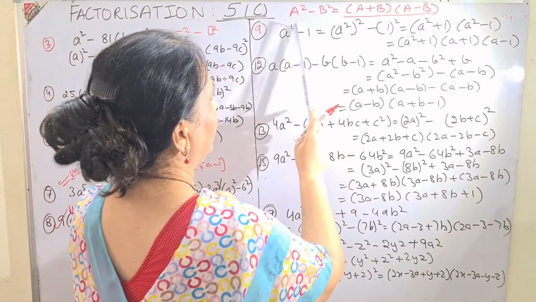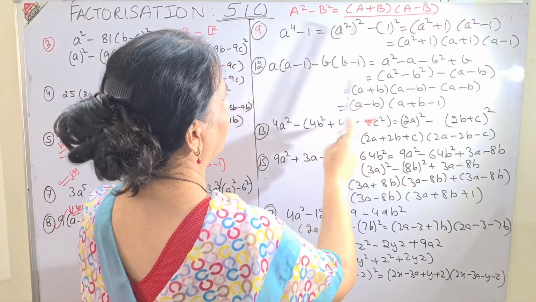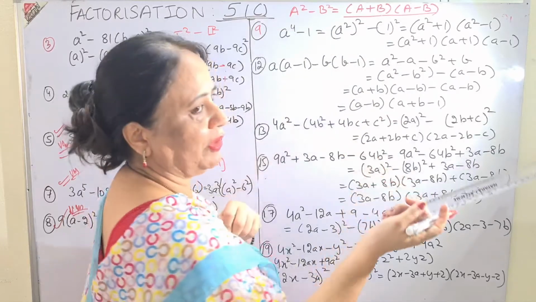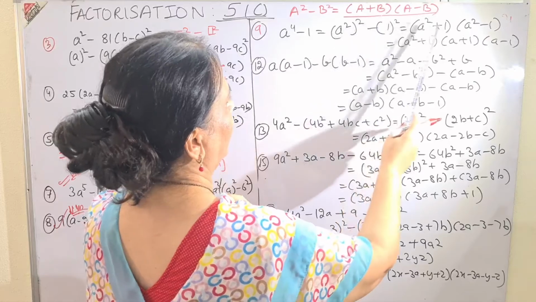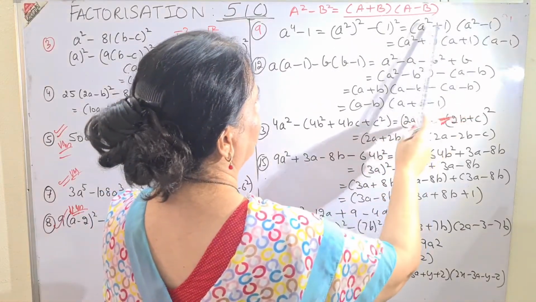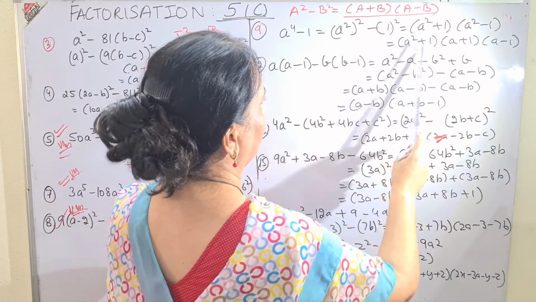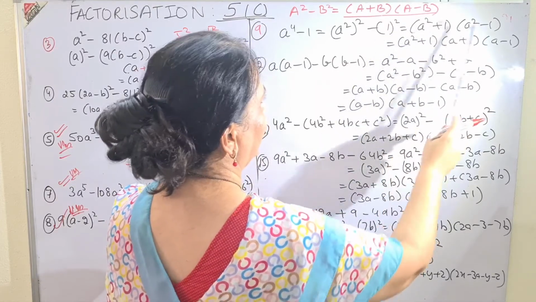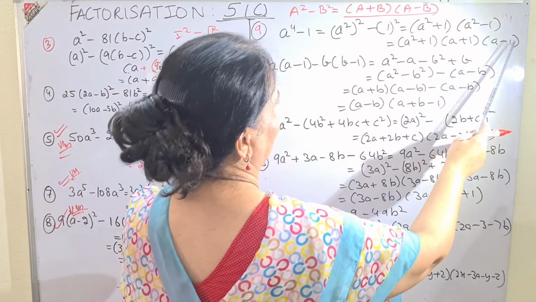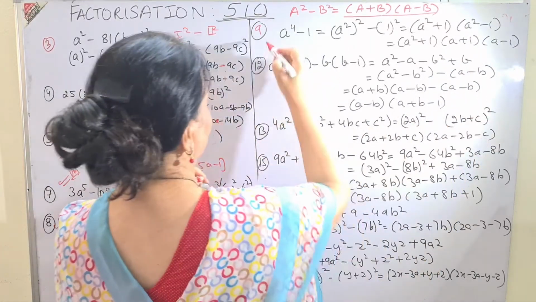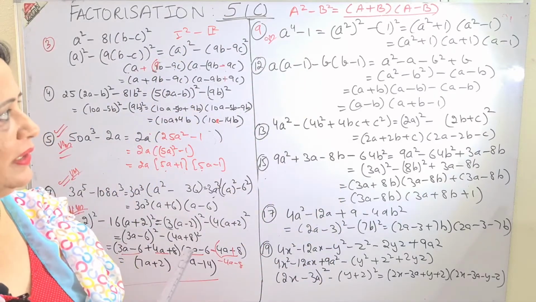I have written a raised to power 4 as a square whole square, because 1 can be written as 1 square, because 1 square or 1 means the same thing. Again the formula a plus b, a minus b, so a square plus 1, a square minus 1. Now this first term I can't do anything, so I left it like that only. But this again you can put the formula a plus 1 into a minus 1. So this is how you do it. Again children, this question is also important. Then come to question number 12.